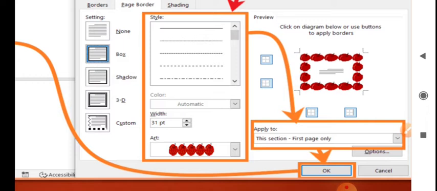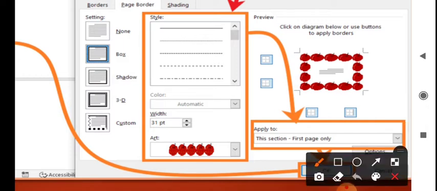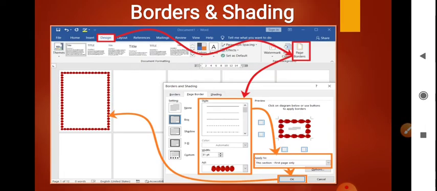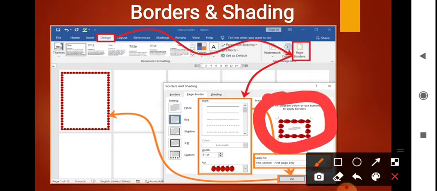And if you are giving the art, then you have to click here on this arrow. Correct. So you will get different types of arts which are there already in this. And then press the OK button. After pressing the OK button, you can see here the preview also, see where you can see the preview here.